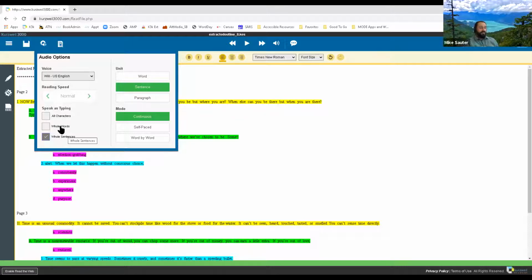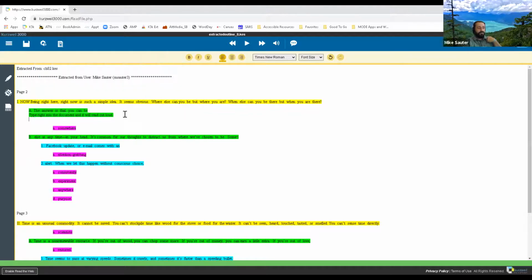You can have other elements like each character being spoken out loud. That may be a little much. Or maybe each word as you finish each word. But whole sentence is a really great setting to have, just so that you can hear exactly what you have typed. And if you have any kind of misspellings, it will read it as a misspelling. So you'll probably hear that the word is misspelled.